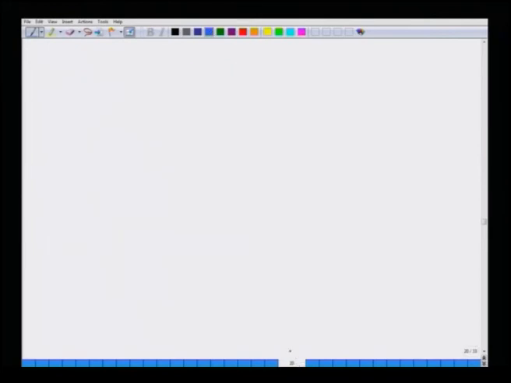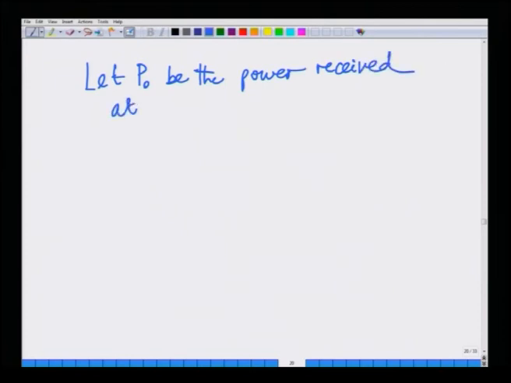Let us consider, let P naught be the power received at a reference distance d naught. Then we have